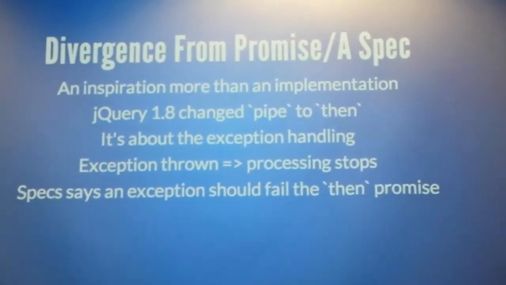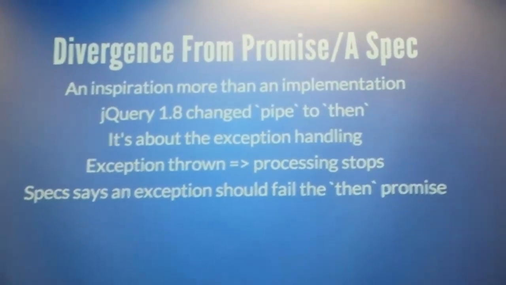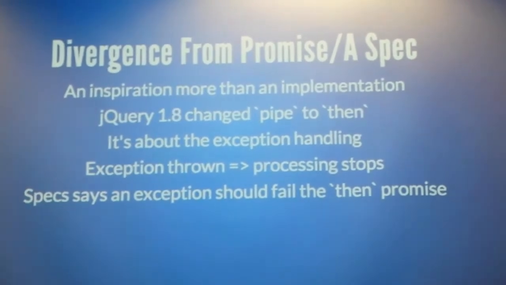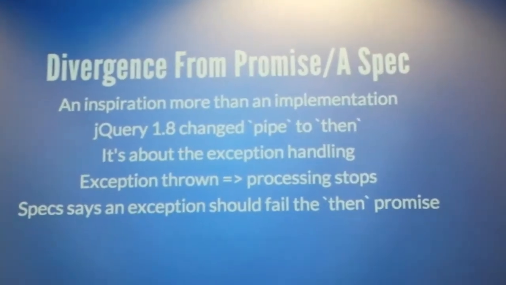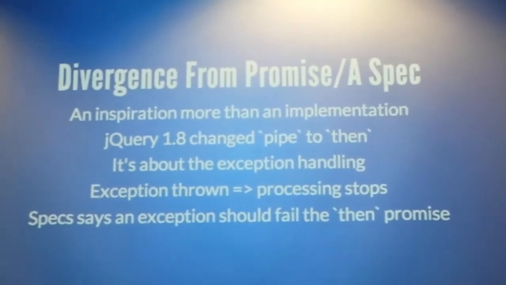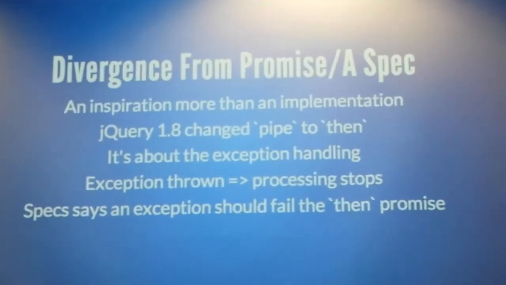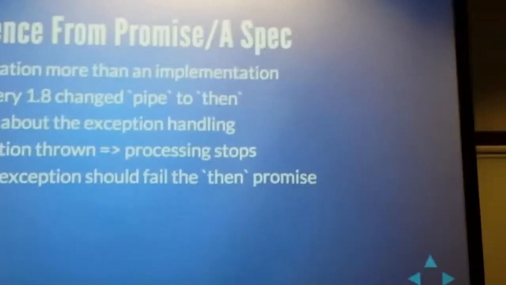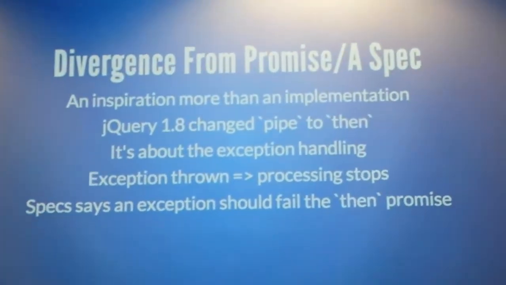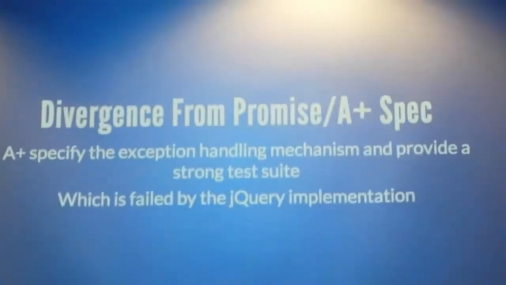In jQuery, an exception thrown will stop any processing step in the promise chain. Whereas in the promise A+ spec, it says that an exception should fail the then construct with a callback throwing an exception. And there's a good reason for that. In jQuery,